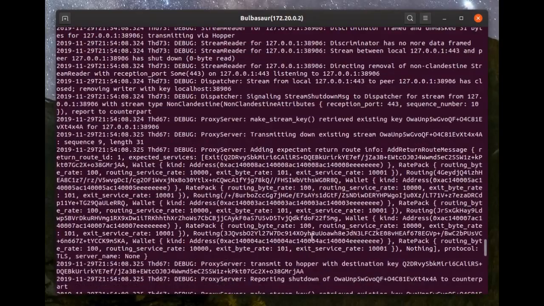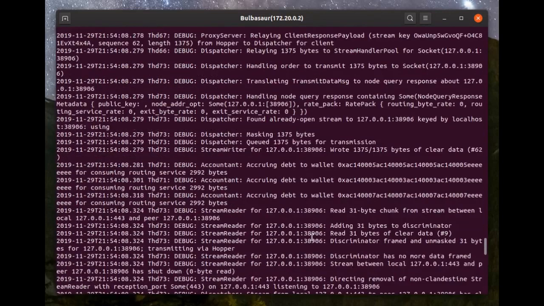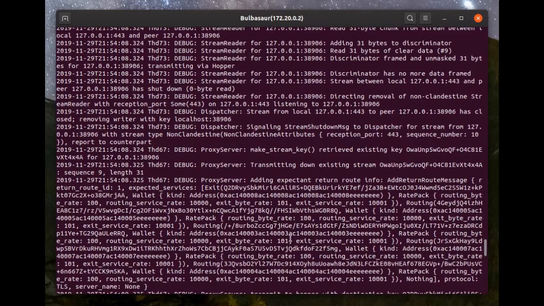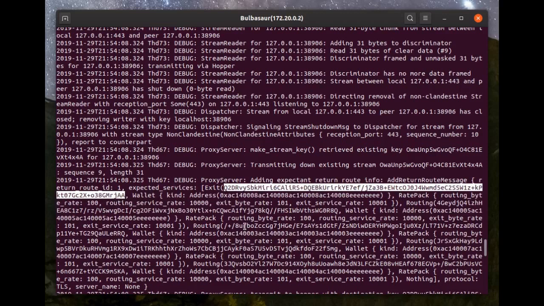I don't want to take too much time. Is this a return route? Yes. Don't want to take too much time looking at all of this stuff. That can be a different video. However, there's a return route message here, and we can see that the exit node was the one with this public key. Started with